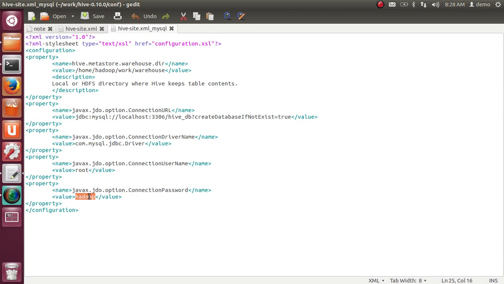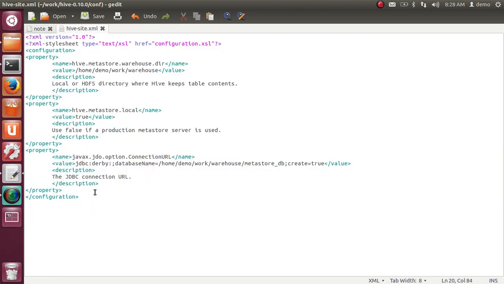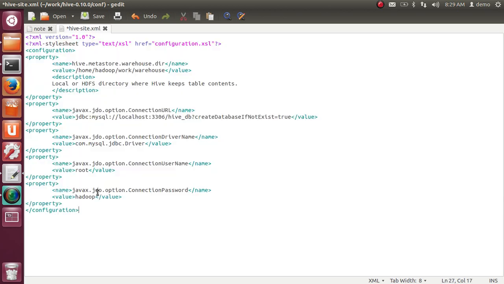The password depends on your configuration. I have already installed MySQL in my system. In case your password is root or something like password123, simply write it. My password is Hadoop, so simply copy it and paste it in your site XML.